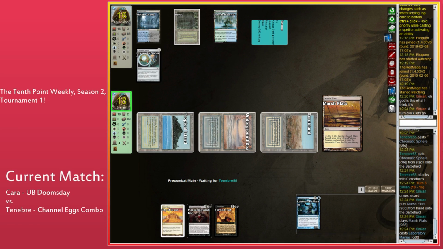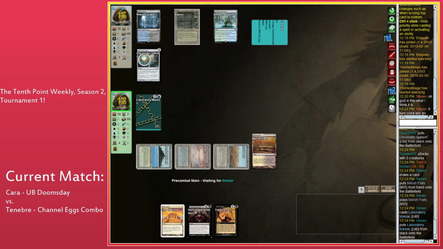Tainted Pact does have a risk, though. Those cards are permanently exiled. You're never going to get those back. So if you are playing Doomsday, for example, and you Tainted Pact...